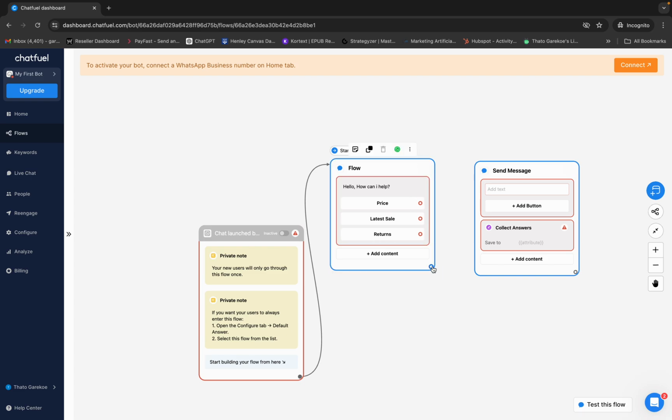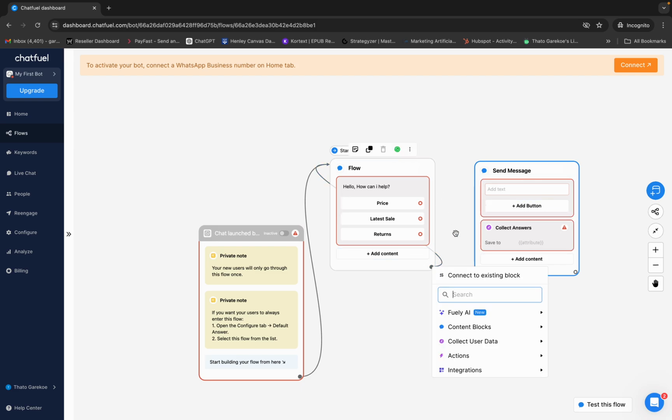And remember, so now you have 4 options here. If all of these buttons lead to the next block, regardless of what the answer is, then you can always use this main arrow here, because it doesn't matter what answer your customer gave you. The next stage is for them to go to the next block, right? But let's say